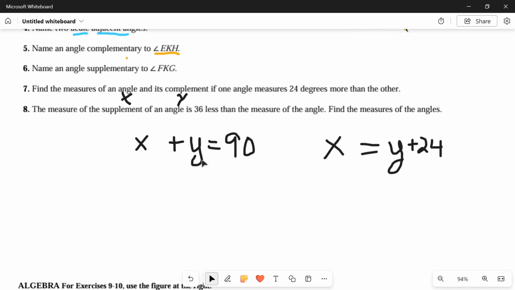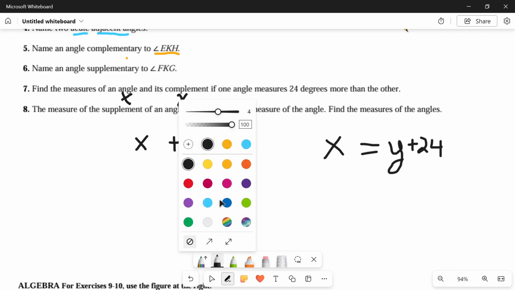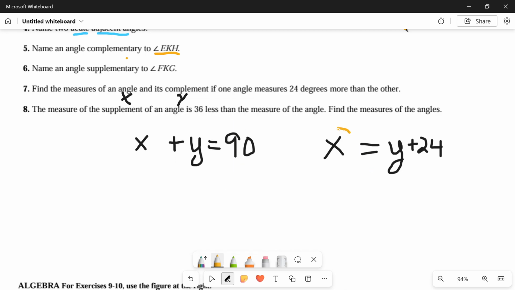X and Y are not equal unless I add 24 to Y, right? So what I can do now is I can substitute. Let me show you this. If I know that X is equal to Y plus 24, then I can take that and put it into the equation right here. So I'd write this as Y